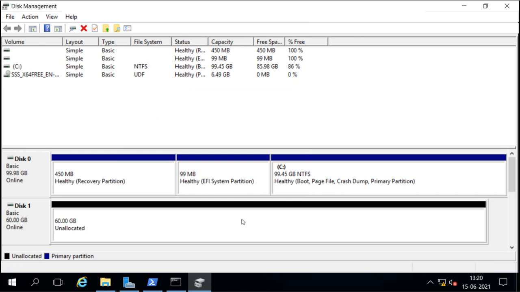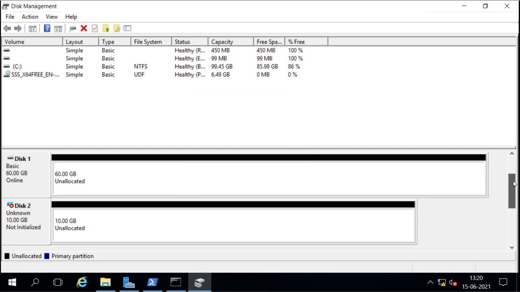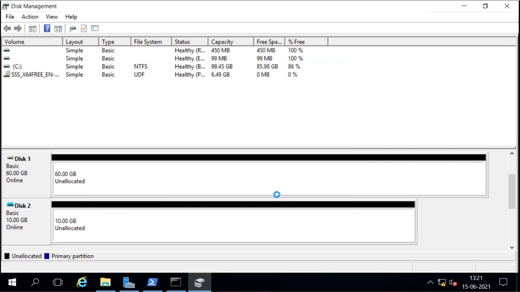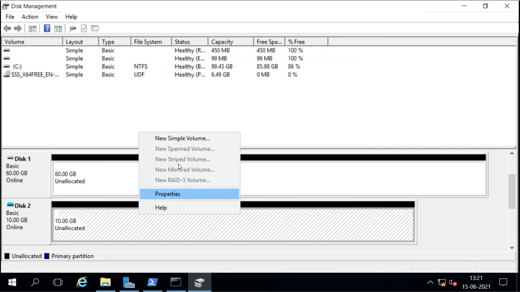Now the disk is created, and we can see the disk here under disk management. It is disk number 2. Disk number 1 is the physical disk, and this one is a virtual disk, but it does not look different. It looks like the physical disk, and we can use this as a physical disk and do all the things we can do with a physical disk. We can initialize it with GPT, MBR, whatever we want. Then we can create the partitions also, like we did on a normal hard disk.